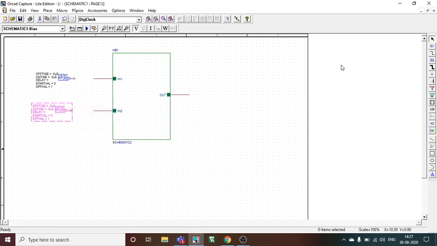Now I have to do the connections. For connections, there is an option of place wire on this side. I will press wire and I will start connecting the wires. You can see I'm connecting it. When you connect, make sure that you have pressed it at the start and at the end. Otherwise, connectivity may or may not be there. So connectivity is very, very important. Otherwise, you may not be able to get the output later.